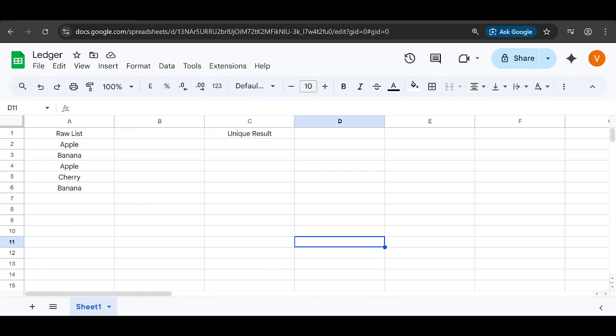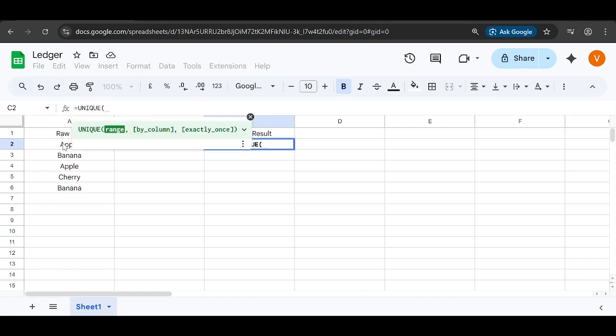First, identify the range that contains the duplicates you want to remove. Click and drag to select the column or area with your entries, for example, A2 to A10. If your data has a header, it's usually best to start from the first actual data row so the title doesn't get treated like an entry. Take a quick look to make sure you're selecting the right cells